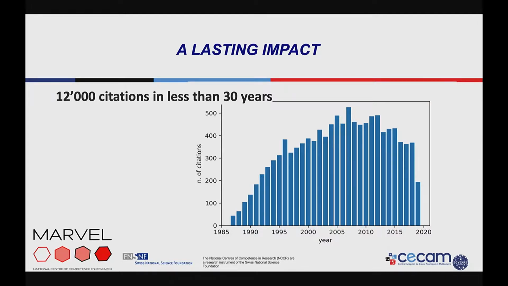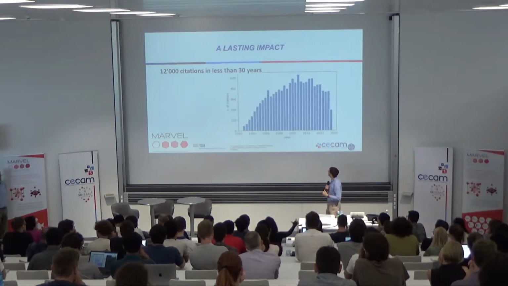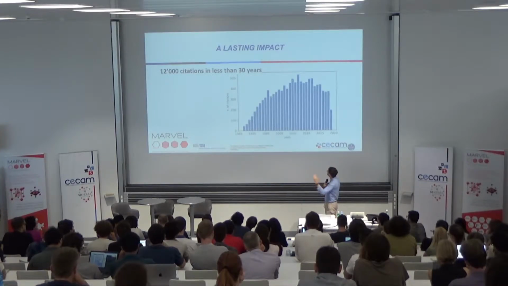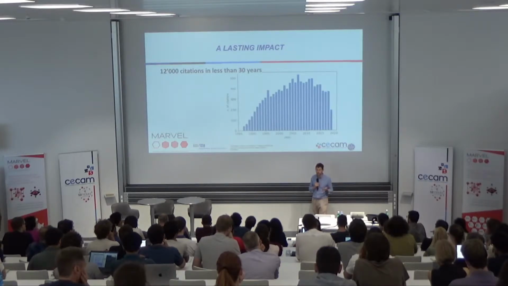And this is a clear indication of the fact that the Car-Parrinello method was responding to a very pressing need of the community. Very often you get papers that are milestone papers, and there is a kind of incubation time. Car-Parrinello came out just at about the right time because people needed that badly. And then you can see that it has had an exceptionally long life. It's still being cited at the tune of almost 400 citations a year.